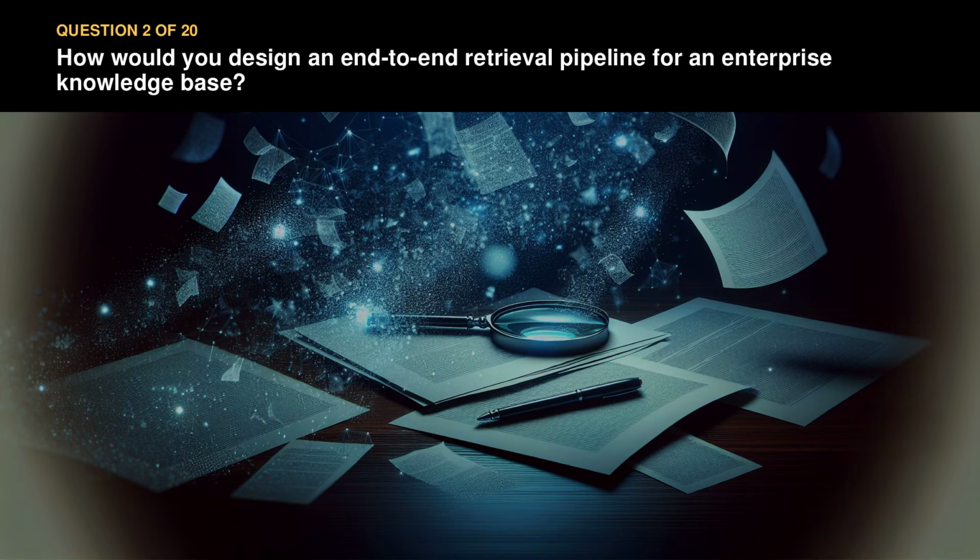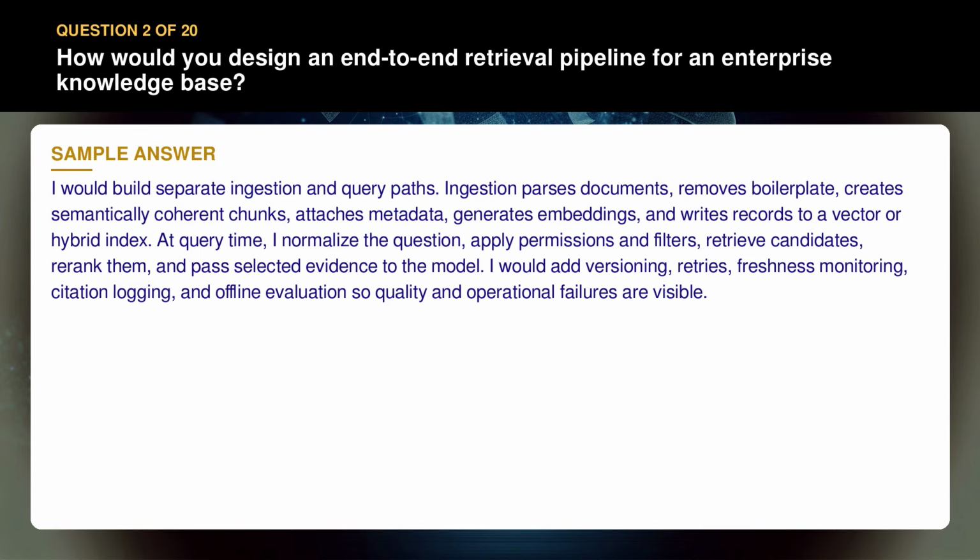Question 2. How would you design an end-to-end retrieval pipeline for an enterprise knowledge base? I would build separate ingestion and query paths. Ingestion parses documents, removes boilerplate, creates semantically coherent chunks, attaches metadata, generates embeddings, and writes records to a vector or hybrid index. At query time, I normalize the question, apply permissions and filters, retrieve candidates, re-rank them, and pass selected